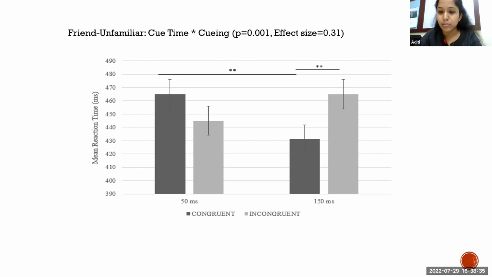Similar accuracy analysis was conducted for the 3 phase pairs. None of the main effects or interaction effects were significant for accuracy. So later, to understand the underlying mechanisms of parameters determining the behavioral results in the reaction time analysis, we conducted the drift diffusion modeling for all phase pairs in the next section.